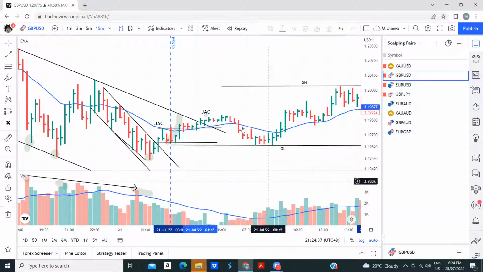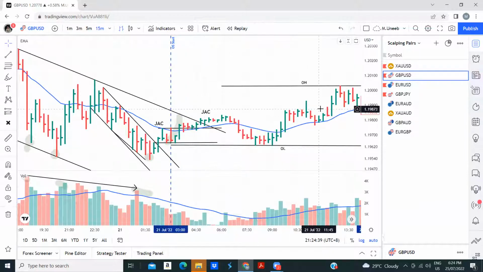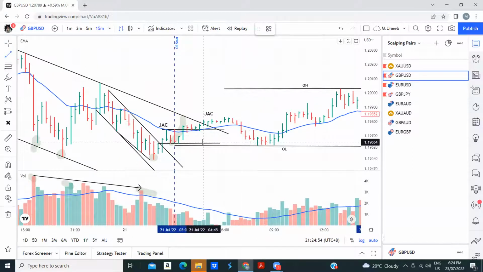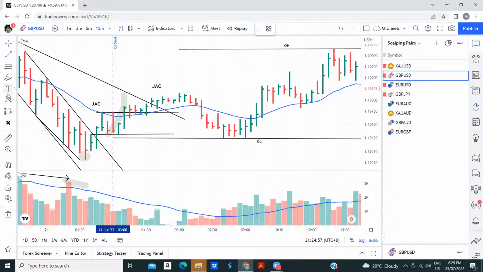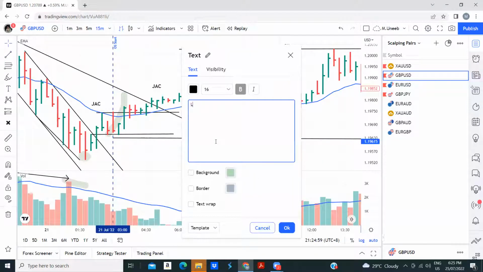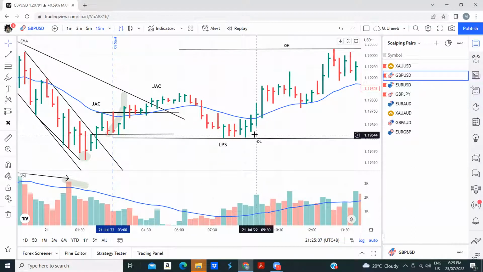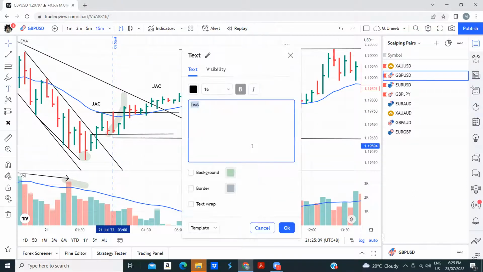And I told you at the jump across the creek, what will happen? The price will again redistribute. Okay, the price did a reaccumulation here. But because this is already like a market closing time, we will not trade over here, right? The price came back, and we have a jump across the creek here, right? So this session, right, overnight low. So this region at overnight low was LPS. Am I right? Yeah. LPS. And now, what is the bias at the overnight low? Bullish. This is what I explained yesterday, right?